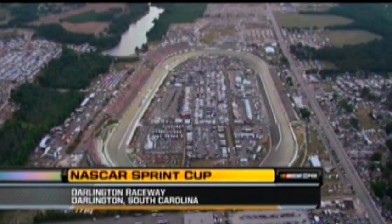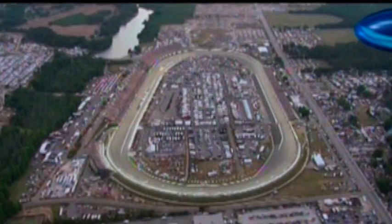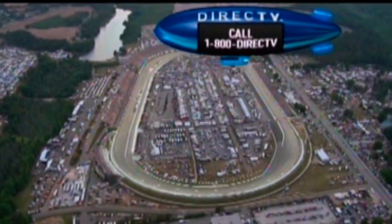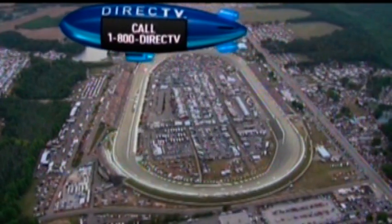Turns 1 and 2 at Darlington, closest to the bottom of the screen, a bit wider radius than turns 3 and 4. That makes this a tough track, as you see from our aerial coverage,